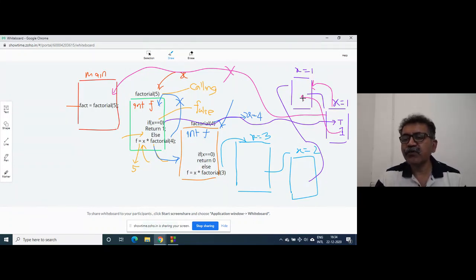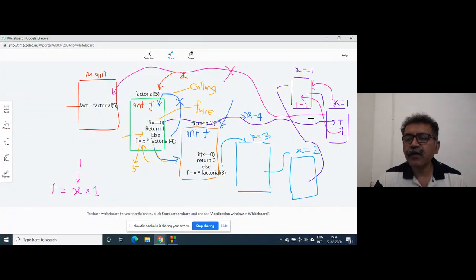What is the statement over there? The statement over there is f equal to x into, what is the value returned from that function call? 1. What is x here? Here x is 1, right? So 1 into 1, f will be stored. So f will be 1.